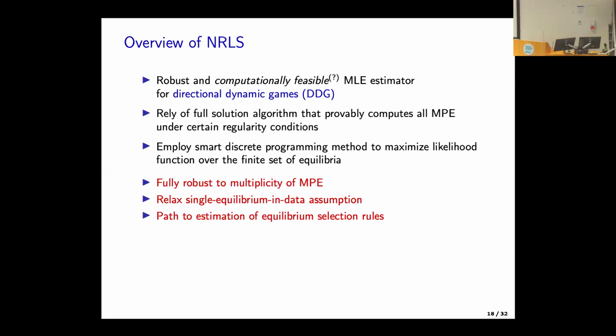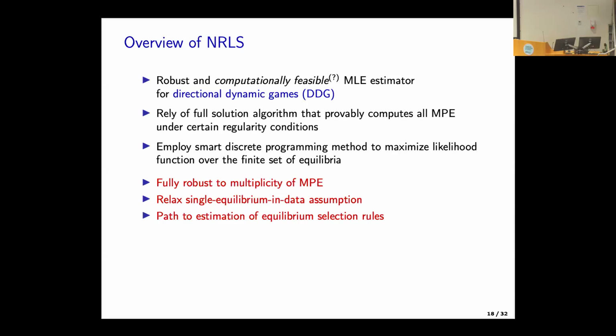We don't have to worry about solving for it using iterative methods. And then it applies this branch and bound. So we would say this is fully robust to multiplicity of equilibria. It could still have the same problems, remember I was showing the likelihood function would have all these kinks and discontinuities, and you can't run away from those. They're still going to be there.